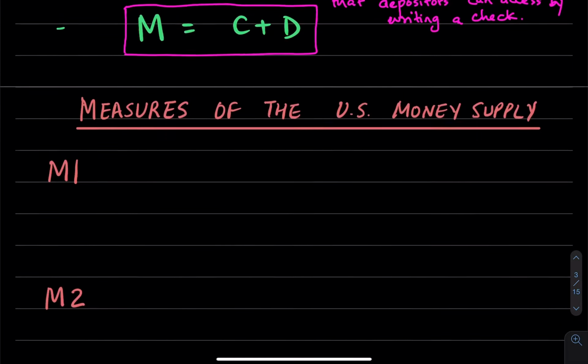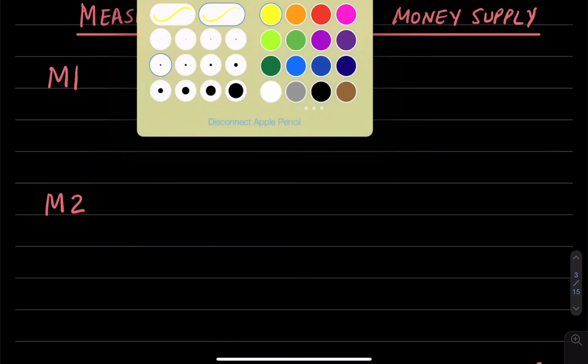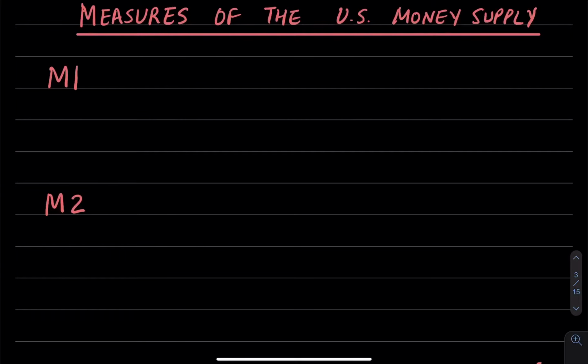So that brings us to the question of what the measures of money in the US are. We're focusing on money supply here. The first type of measure we're going to talk about is called M1. Now, economists aren't very creative, but M1 is the name of money supply in this narrow definition, the narrowest definition of money, and the more liquid definition of money. This is just going to be what we said here: currency plus demand deposits